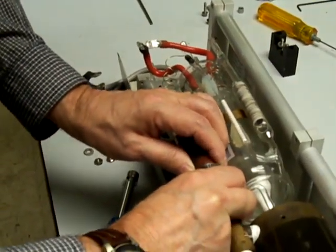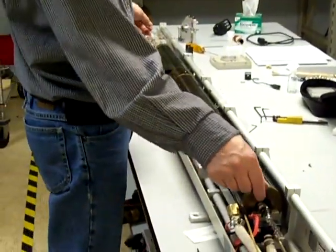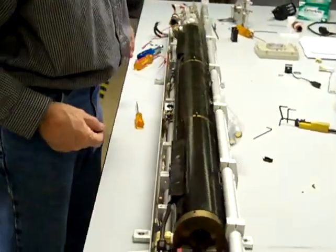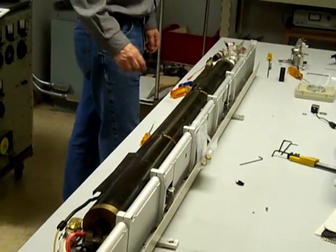And you should be off now. So it's disconnected. So at this point we're ready to remove it. I'm just going to move the laser, or the plasma tube, just a bit further down, like so. I haven't got the Brewster window inside the magnet yet. What I'm going to do at this end